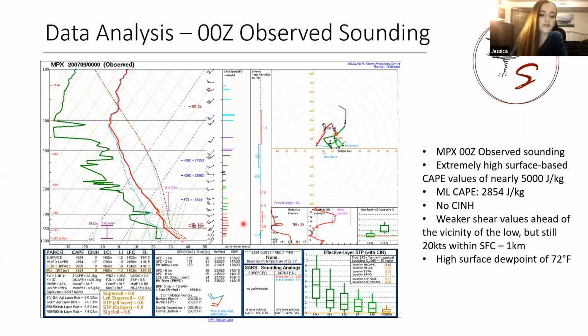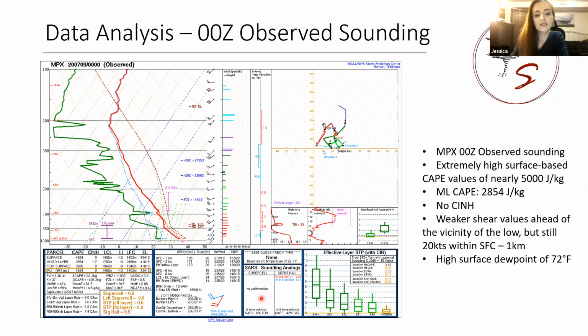And another thing I want to note is this mid-level drying. And again, don't worry if you don't know exactly what I'm talking about here, but the mid-level drying is essentially this sharp decrease in the moisture at about the 700 millibar level. It has been indicated, just from talking to some other folks, that that might be a contributing factor as to why that tornado was so photogenic and why you had such clear visibility of that tornado from basically all angles. I can't speak a whole lot to that, but that's just something we've been chatting with some other chasers about.